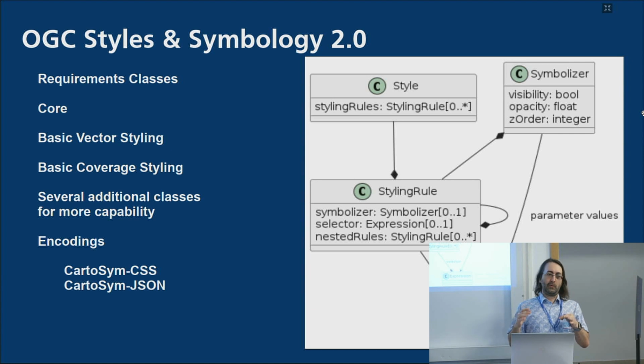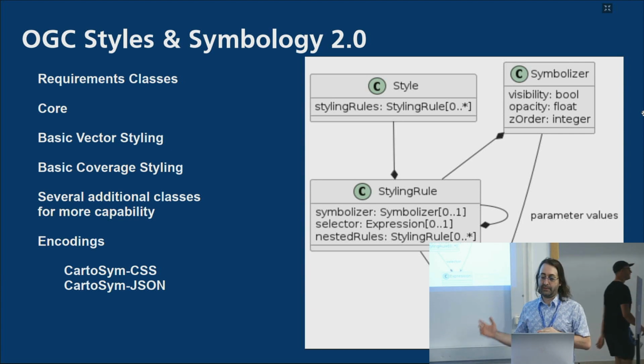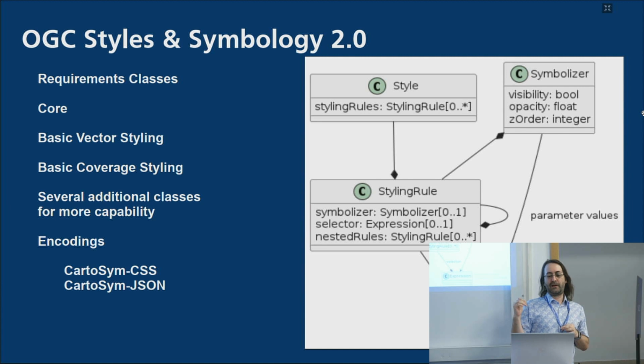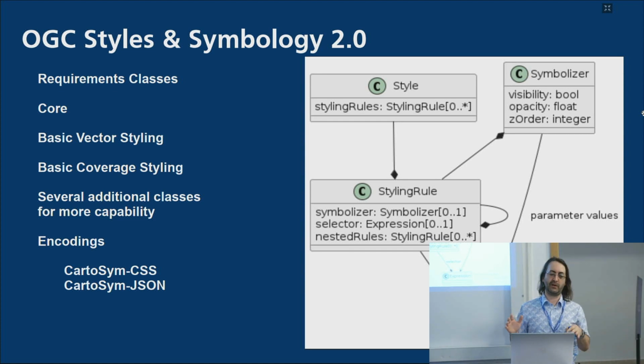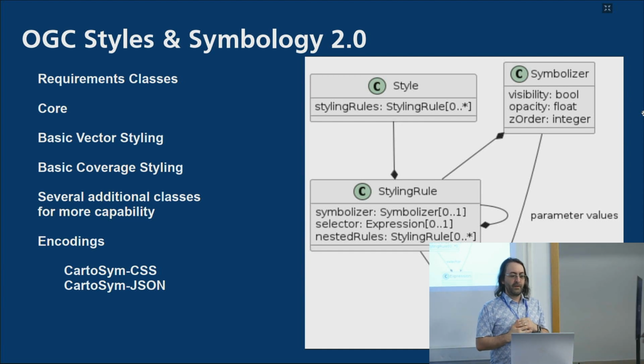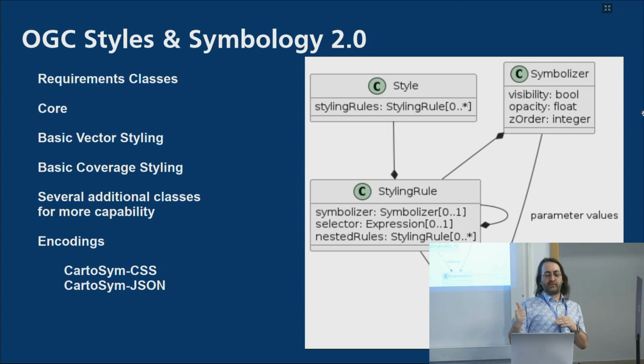So the big goal really with this is portable interoperability, and this is reflected in how this is modularized: a conceptual foundation, which is not specific to any encoding. Then there's a logical model, which is basically UML that says these are the classes, these are the properties, and then you can have encodings that map the logical model to how you exchange this in a file format. So the way it's organized, we have a core requirements class, then we have a basic vector